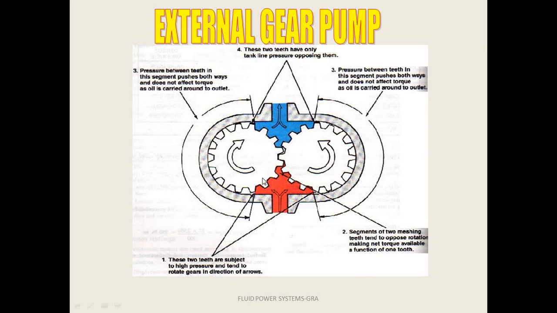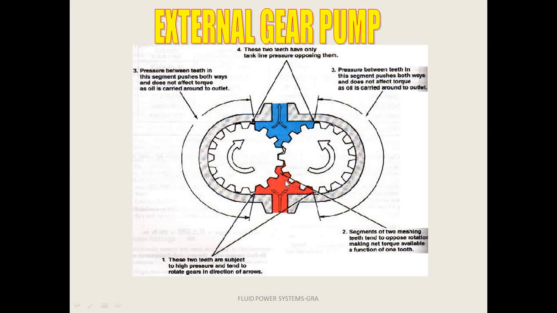Now, for the working, we need to understand it from this point, wherever I am pointing my mouse pointer. Here the 2 gears are going out of mesh; they are going away from each other. So the volume is increasing at this particular point. When the volume is increasing, pressure decreases. Our reservoir is at atmospheric pressure. I have not shown the reservoir in this figure, but we know that it is vented to atmosphere, so it is at atmospheric pressure. At this point the volume is increasing, so pressure falls below atmospheric. A pressure difference is created, and that is the reason fluid is taken in.